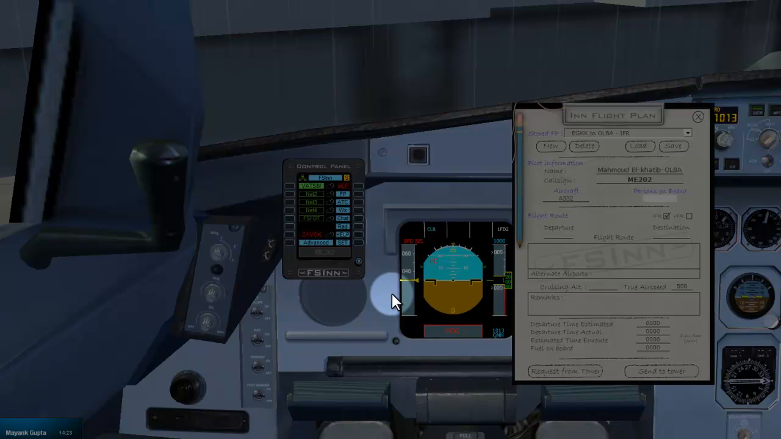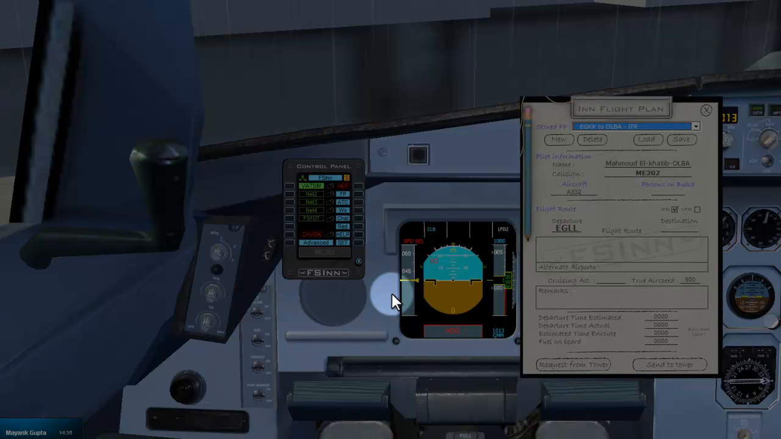Persons on board, that's purely for roleplay. You don't need to fill in departure, EGLL, Heathrow, destination, Alba or Beirut. Cruising altitude is flight level 410,